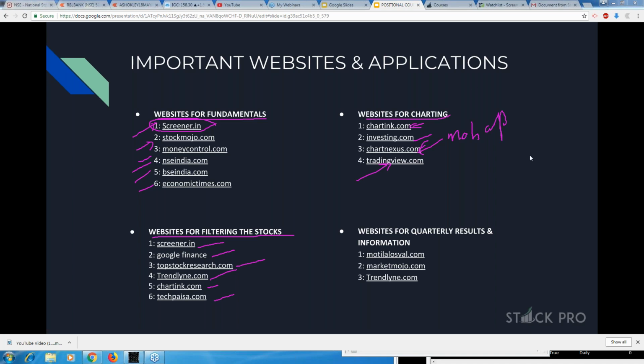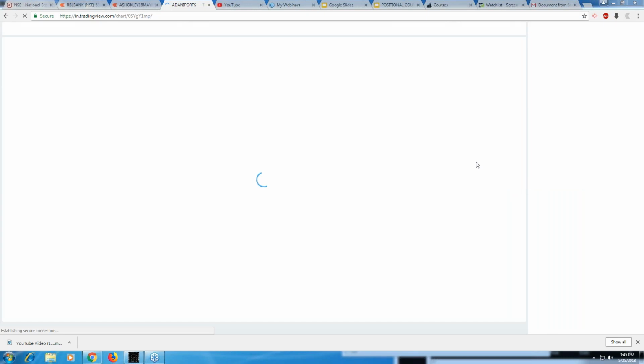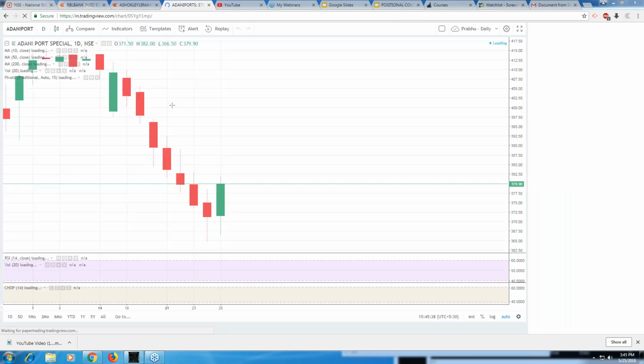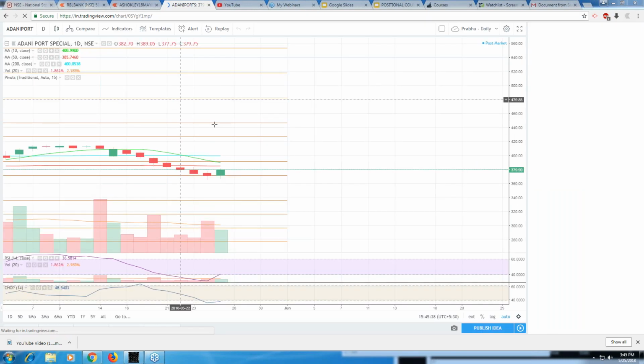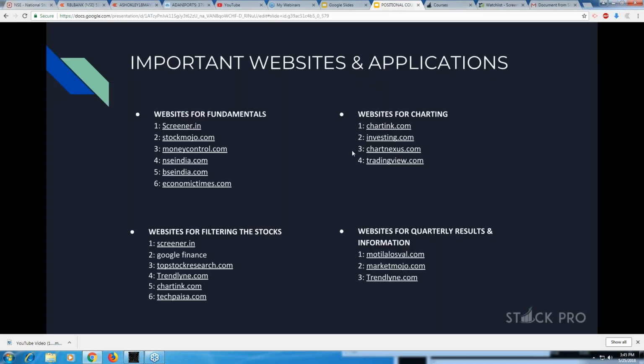I'll show you. So here, this is how you have this. This is the professional software, and it has a lot of advantages which I'm going to discuss later on, right? So what I'm trying to tell you here is that if you want to trade and you want accurate data, you can go for tradingview.com, but this is an expensive affair.